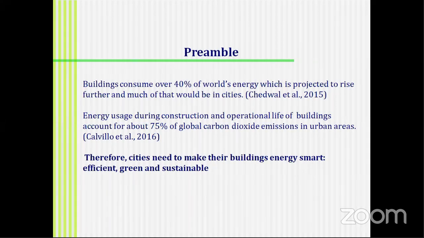The other thing is also the environmental impact. So one is the consumption of energy as a resource, and the second is the implication on the environment. According to one of the publications listed here, about 75% of global carbon dioxide is emitted because of the energy usage, both during the construction and the operational life of buildings. So this is an enormous impact, and therefore cities have to make their buildings energy smart, which would mean efficient, green,